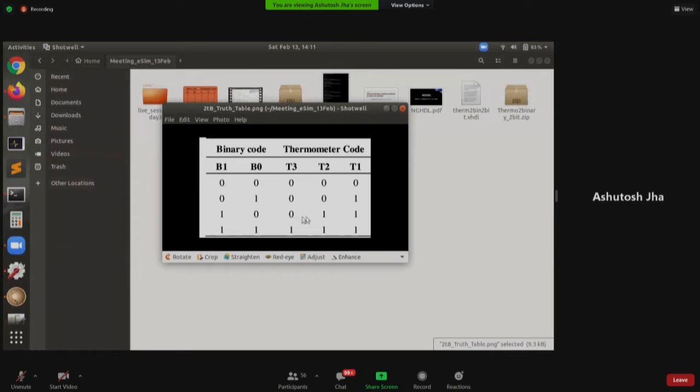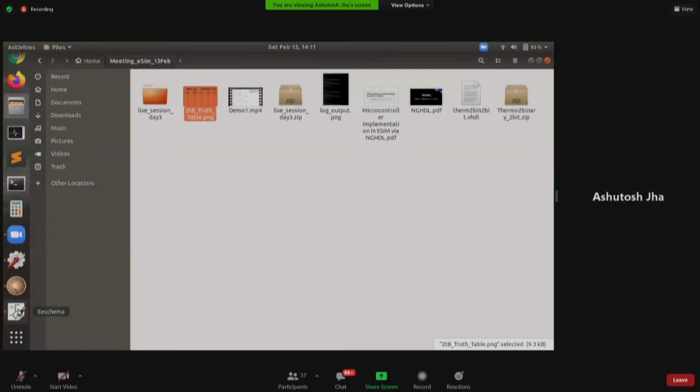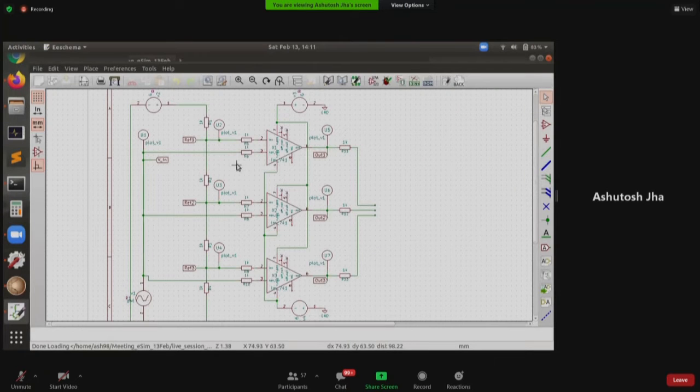Similarly, when there are 2 inputs, it's 1, 0, and when there are 3 ones, it is 1, 1. It's just a simple model that we are trying to simulate to make you understand. Here we have 3 op-amps, LM741. They are already there in the eSim subcircuits.